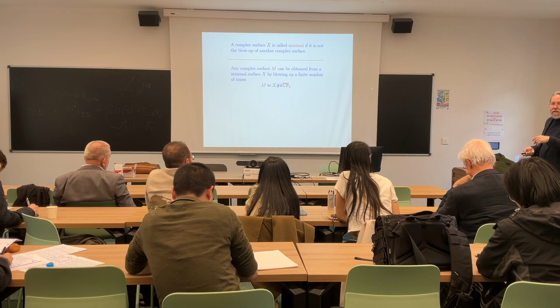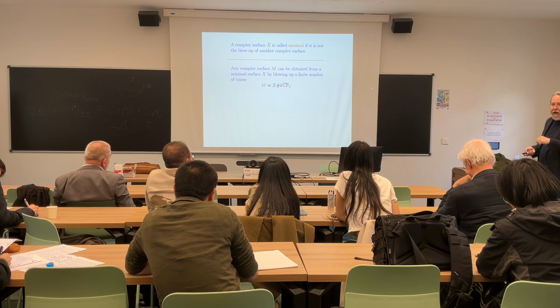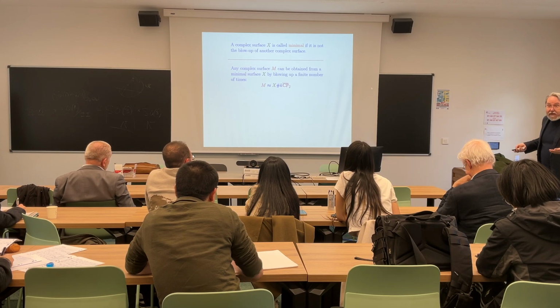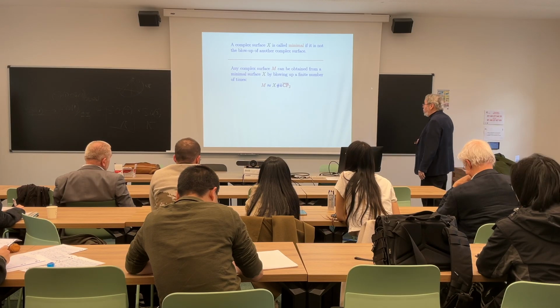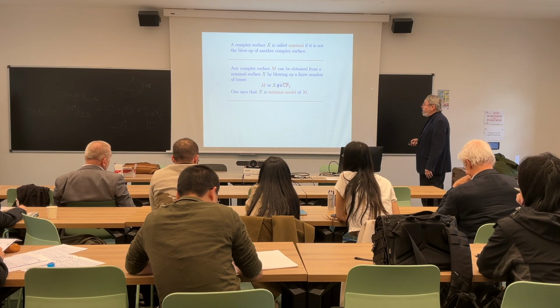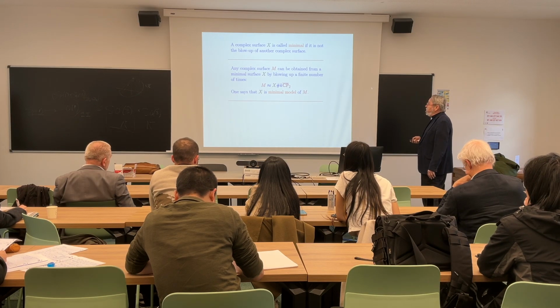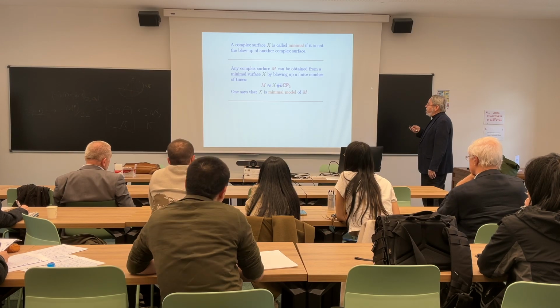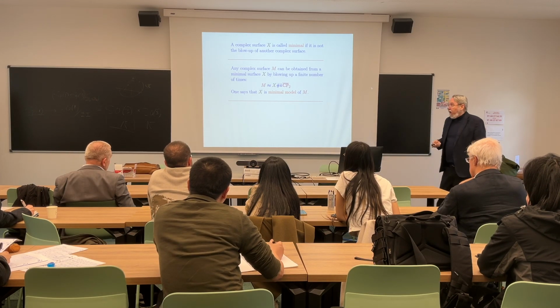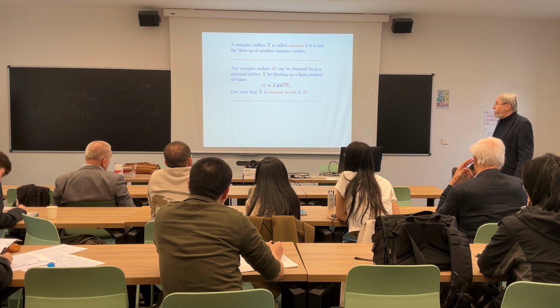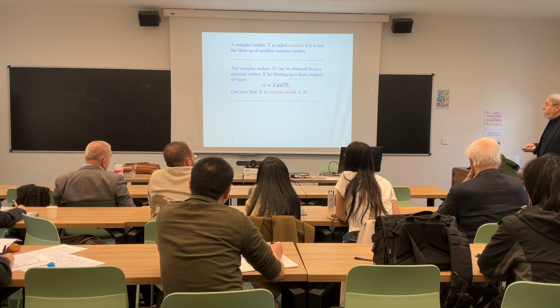With computation, you're decreasing the second Betti number by 1. But you can't do that infinitely many times. So this is one of the deep trivialities of the subject. And so when we do this, you can always get any complex surface from a minimal complex surface by blowing up a certain number of times. And then one says that this minimal surface is a minimal model for